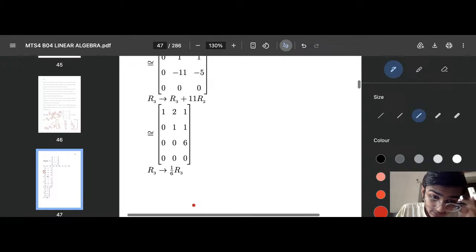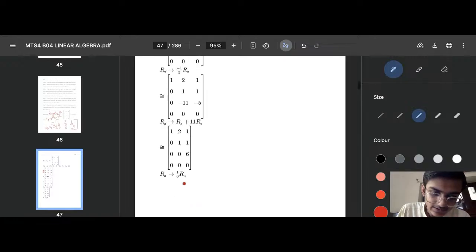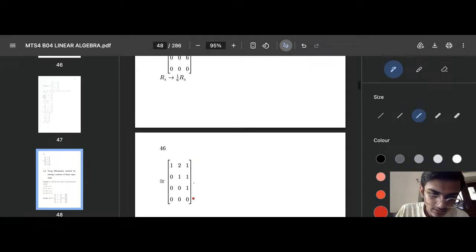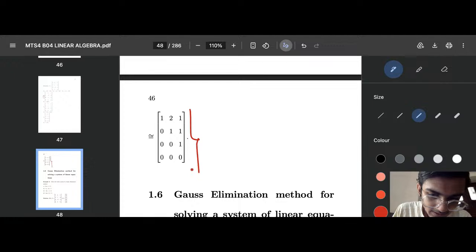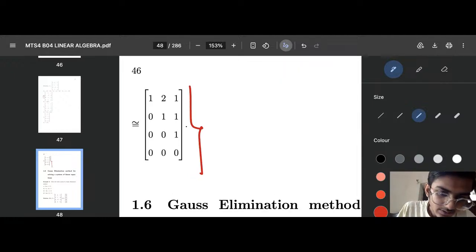And now you can use the final operation, I think, that is R3 equals 1/6 times R3. So that will be your again 1 here. So like this you can reduce, and this will be the row reduced echelon form. And from here you can also discuss some of the things, that this element particularly, okay, this element